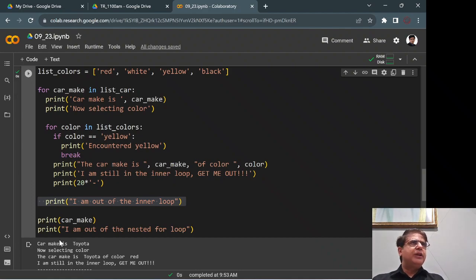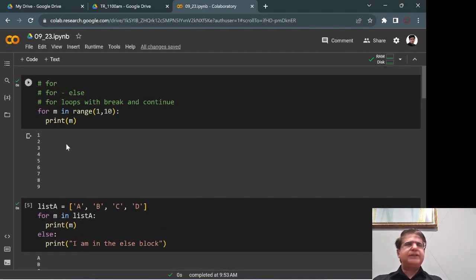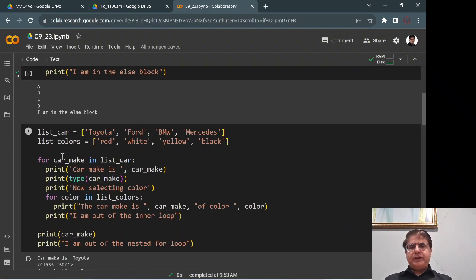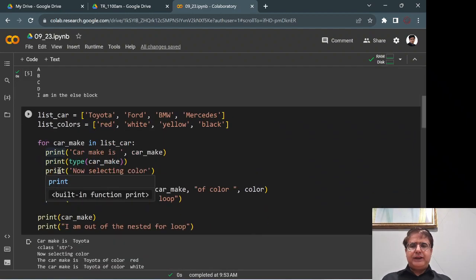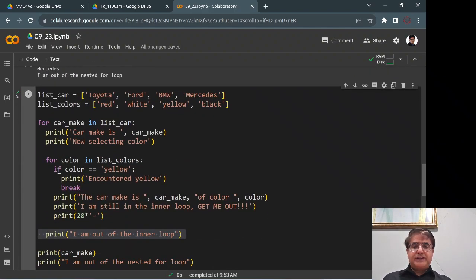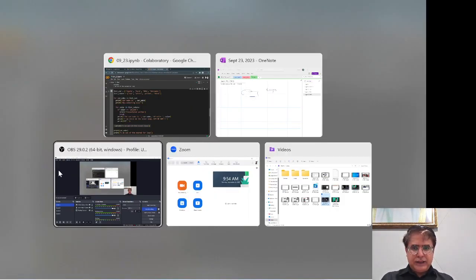Clear? So what we discussed so far, we discussed the basic syntax of a for loop. And again, what are loops? Loops are statements in Python, or in any programming language, that we use to execute a certain block of code over and over again. How many times do we need to execute it? It depends on the situation, right? And we understood the basic syntax of a for loop, right? And we discussed nested for loops, we discussed for loops with else statements, we discussed for loops with break statements and continue statements. All good? Yeah, okay. So then let's